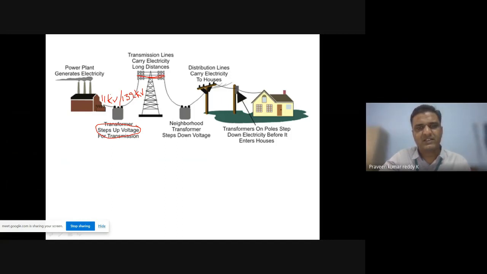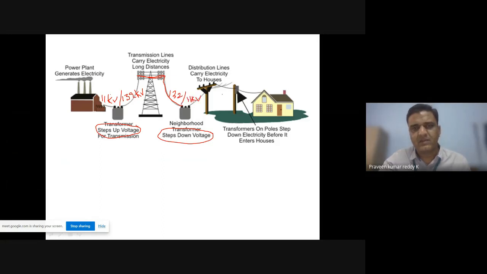lines. After reaching the cities or towns, we step down that voltage back to 11 kV using another transformer called a step down transformer. So basically, a transformer is a device which will step the voltage from a low value to a high value, or from a high value to a low value, which steps up or steps down the voltage levels of the input values. Okay, so after coming to the cities, these voltage levels are converted back down from 132 kV to 11 kV,